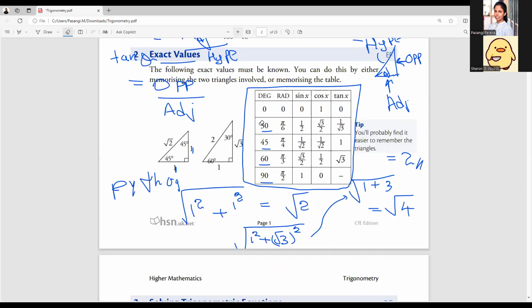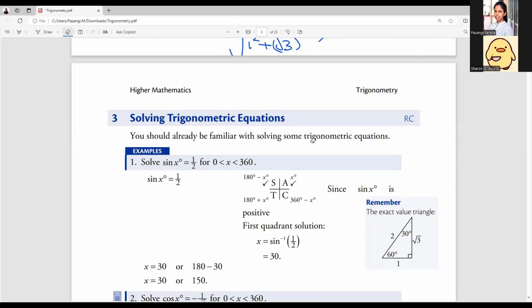Now, here what we have is solving trigonometric equations. So the next important part is this. To solve these trigonometric equations, we should know about quadrants. Since the angle around a single point would be 360